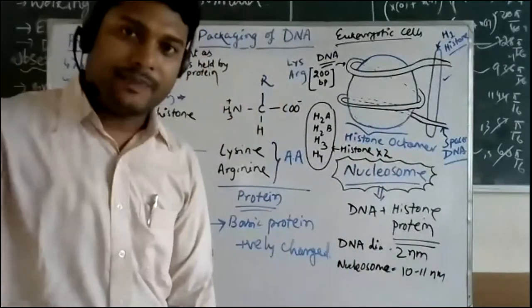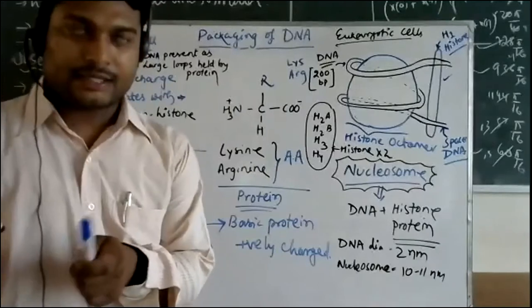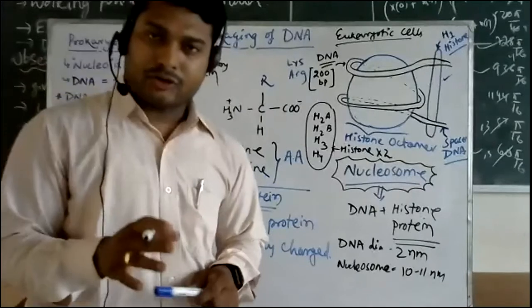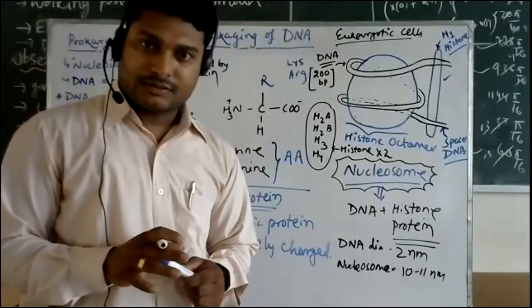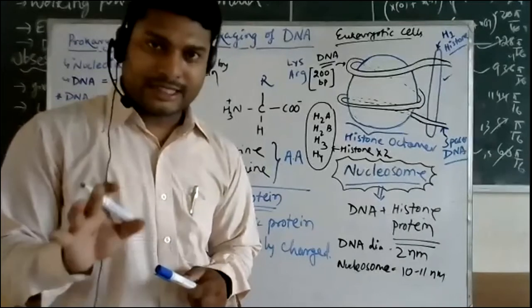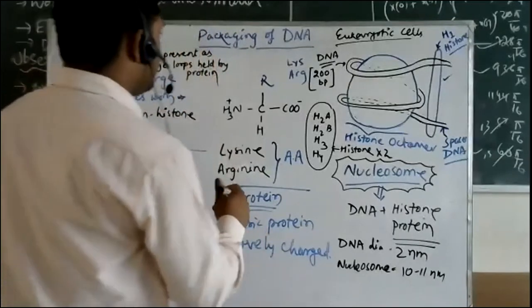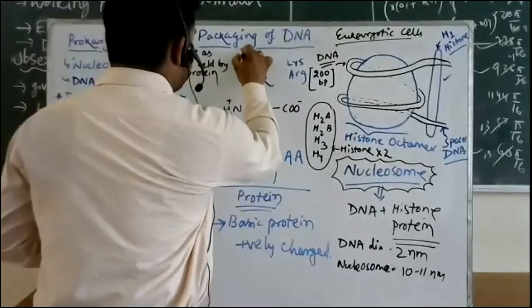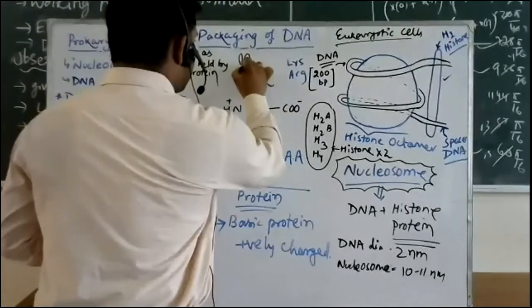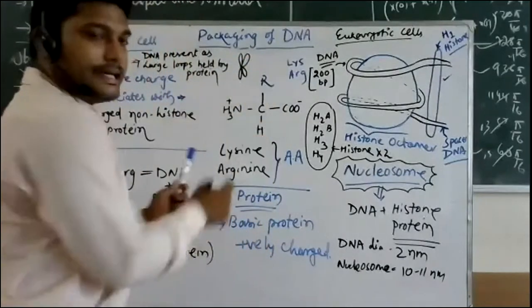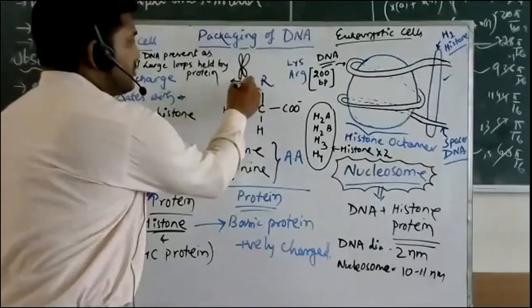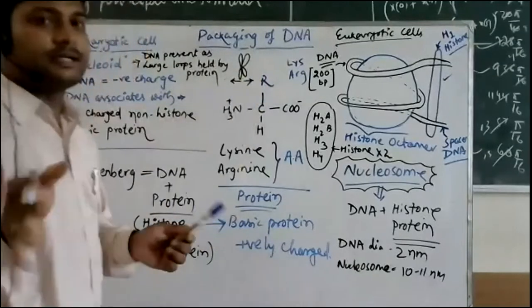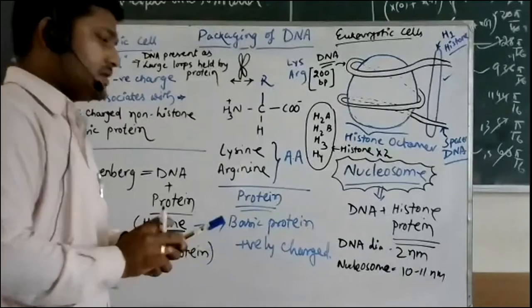But when we talk about the chromatid, right? I hope you all know about chromatid. Do you know or not? Yes, sir. Sister chromatids, non-sister chromatids, very good. So if you have a chromosome like this, this side is one chromatid, this side is one chromatid, sister chromatid, non-sister chromatid, whatever you are speaking.